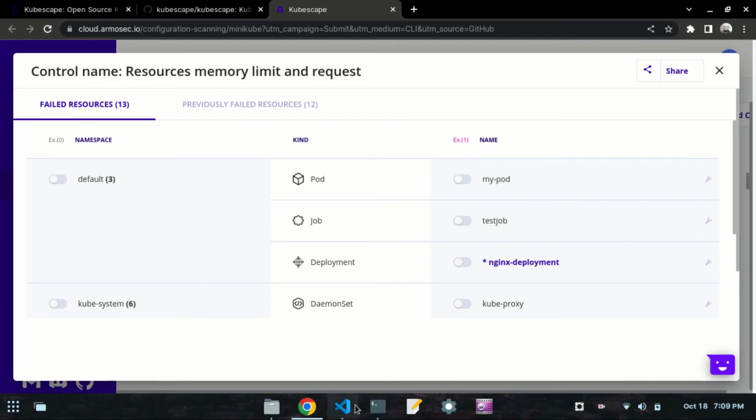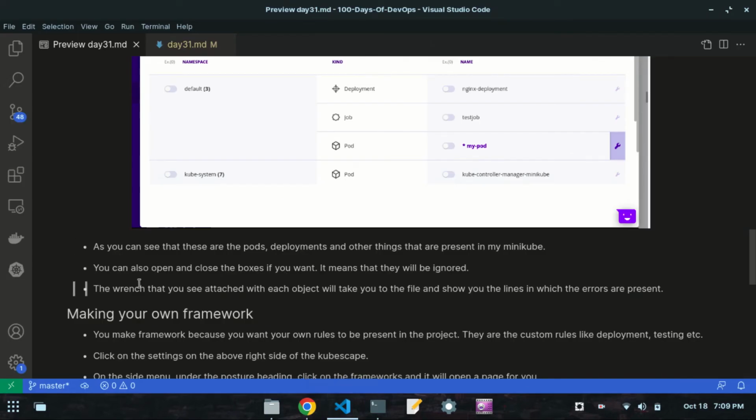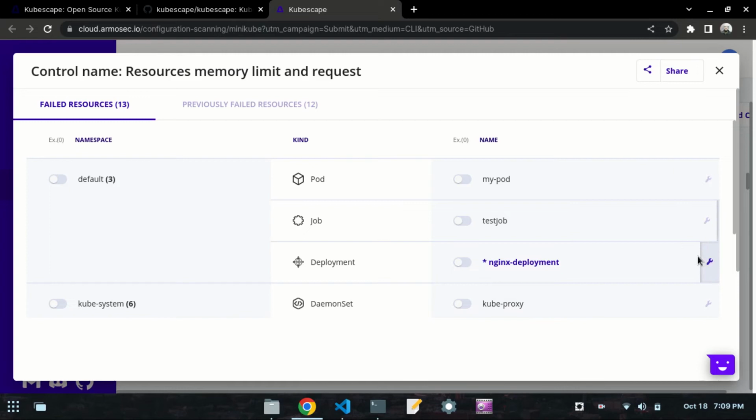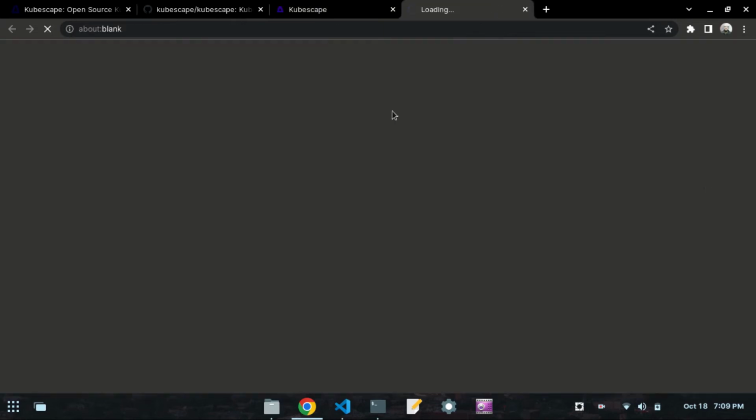So although this will not solve the problem, it is exceptional if you want to make a pod exceptional and you want to ignore it. So this is how you can do this. After that, the wrench that you see attached with each object will take you to the file and show you the lines in which the errors are present. So if I click on any one of this, alright, so let's click on this new pod. Alright, so this wrench will